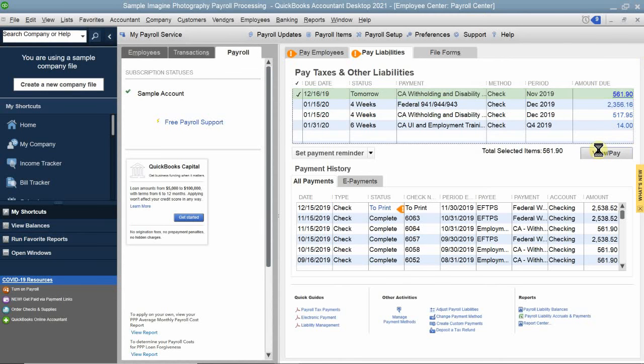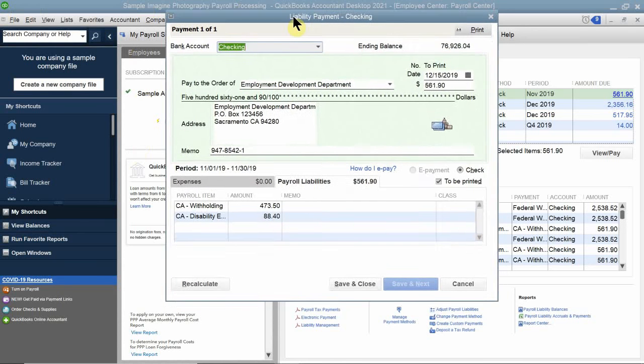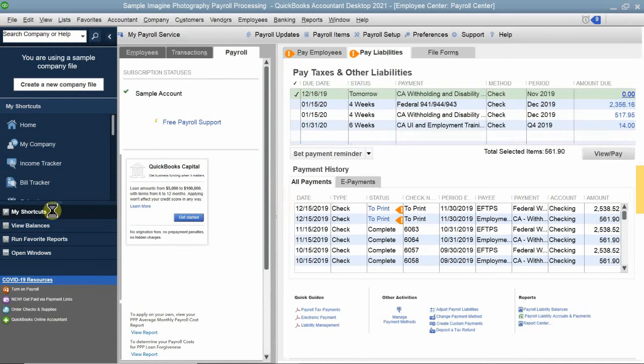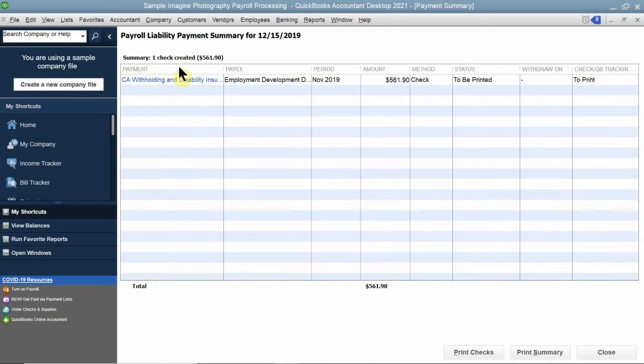And I'm going to click View and Pay. And here it is, right? I have to pay my California withholdings and my California disability. All right. It's already calculated. So what you're going to do is you're making a payment to this liability. And I'm going to go ahead and click Save and Close, okay? So now I get this window here. And what I'm going to do now is I'm going to actually click on